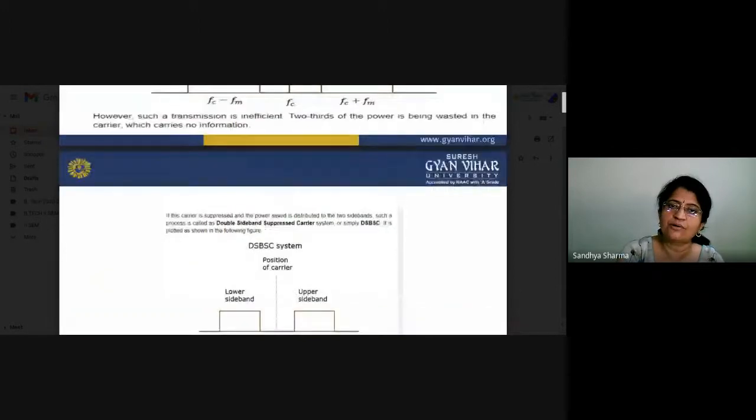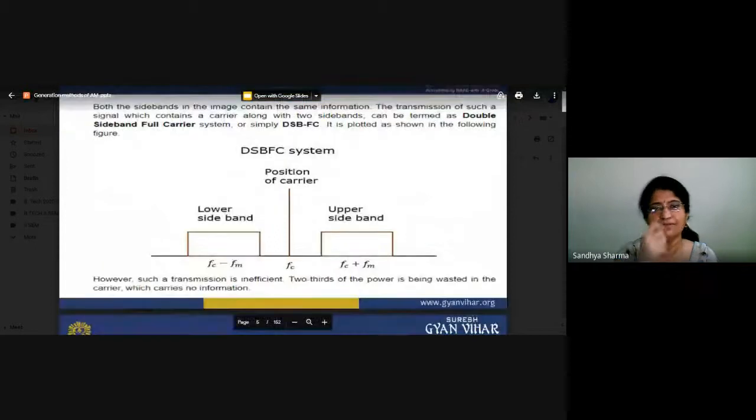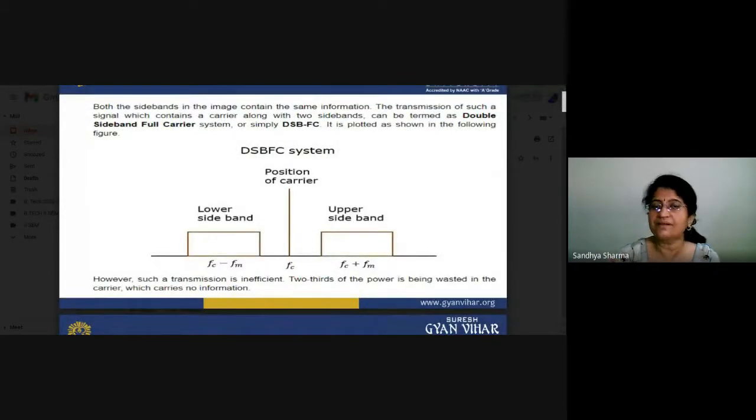So if we are talking about the general broadcasting system, in which we want to simplify the design of our receiving antenna, we will transmit the carrier signal with the sidebands. In this type of transmission system, our transmitter part will be very costly, because the carrier signal will be transmitted with the sideband, and here we require a large amount of power. We transmit these signals through the channel, and at the receiver section there is no need to again multiply the carrier signals. We will receive the information from this type of signals.